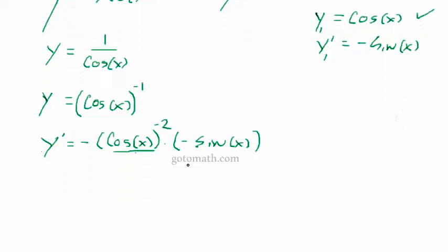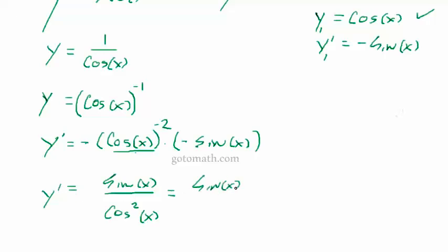Now, let's rewrite this thing. So we have a negative and a negative. That's going to become a positive. All right. And then this is all over cosine, and I'm going to actually write the 2 here. That's the more traditional way of doing that. But this can actually be rewritten as sine x over cosine x times 1 over cosine x,